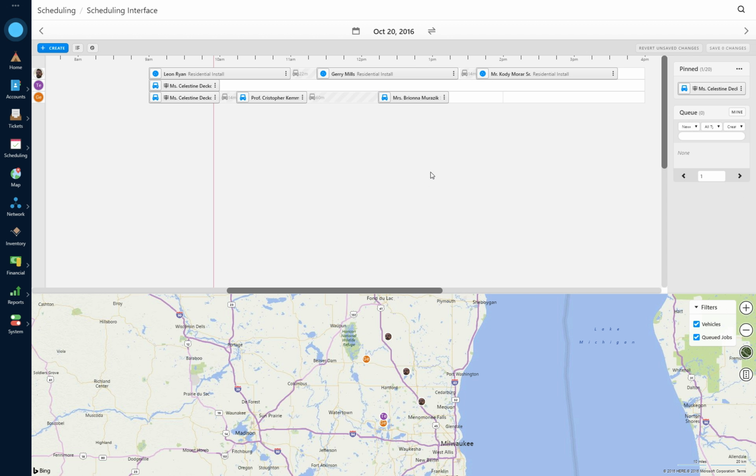Okay, so the other thing we can do in here is look at multiple days. So right now we've been looking at this day by day. That's great if you're working on today or you want to schedule something tomorrow or next week Thursday or whatever the case may be. But what if I want to see what my schedule looks like over a week or a month? If you click this icon, we can go to multi-day view,